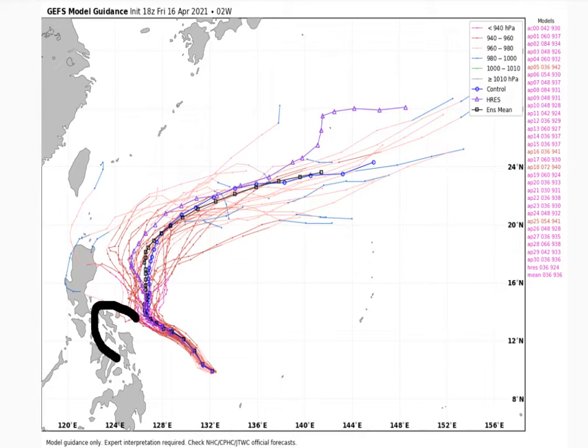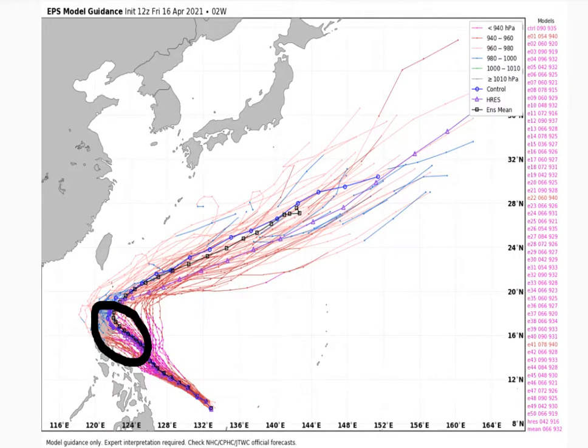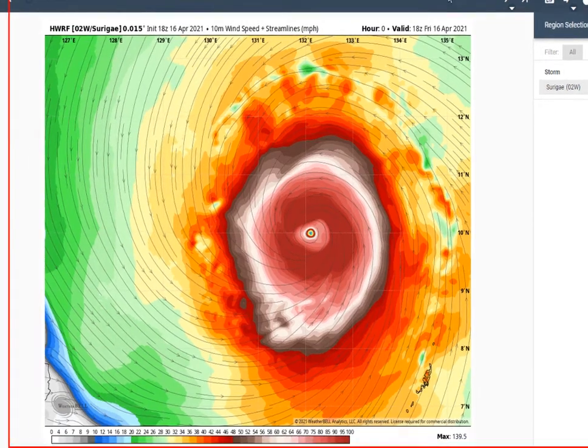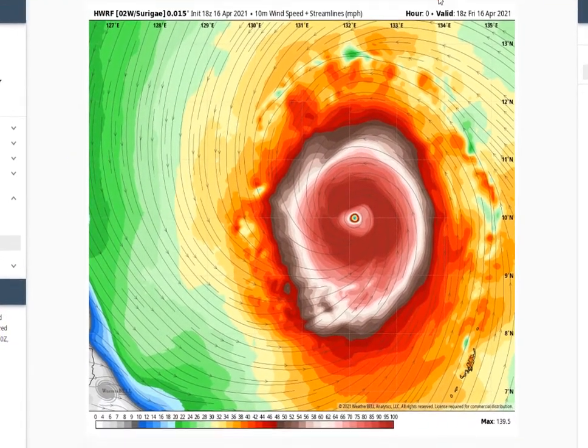So like I did say, if you are in these areas, I would definitely keep a very close eye out, because although the GFS is very far from actual landfall, you guys are possibly going to be seeing the eye wall here. Look at the European, definitely going to keep a close eye on that. And here's a look at the CMC again. The CMC is taking this way off the coast here, but again, still got to keep a very close eye on that. So now, take a look here at the HRRR